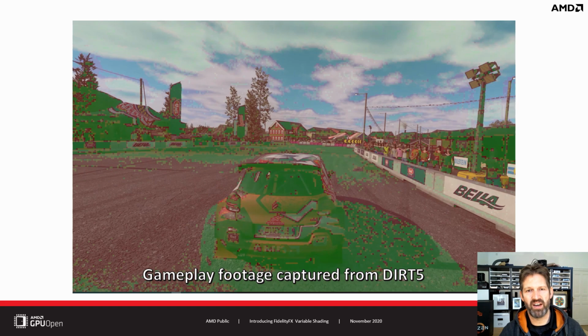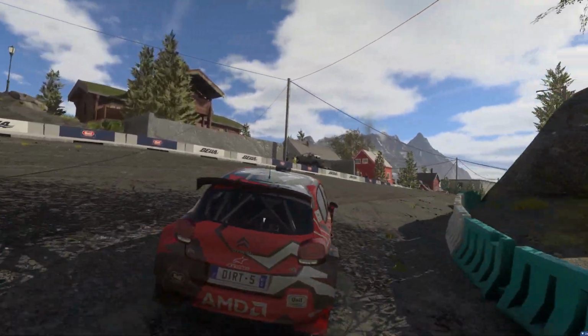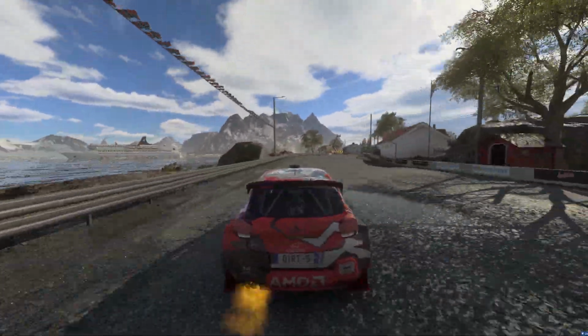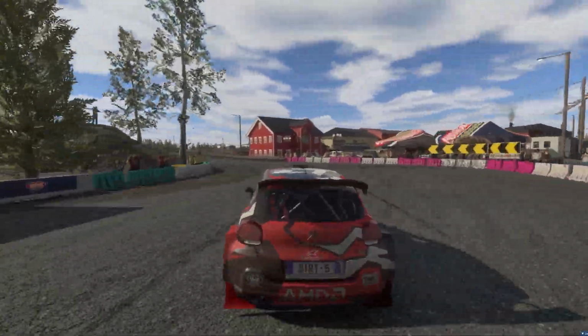So much for the technology behind FidelityFX variable shading. But how does it look in a real game in motion? Here's a video that was kindly provided by Codemasters showing Dirt 5 and how it makes use of VRS. The game looks absolutely beautiful, and you can see this is despite VRS being enabled in large parts of the frame. Thanks to the fast motion, it is not really noticeable that VRS is enabled, even on parts of the screen that barely move relative to the camera, like the player's car or the sky.